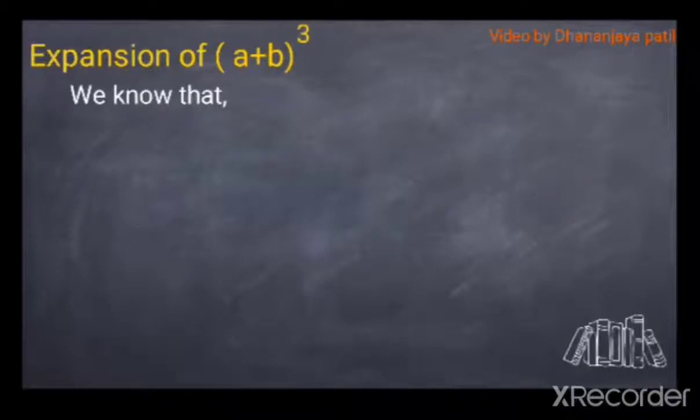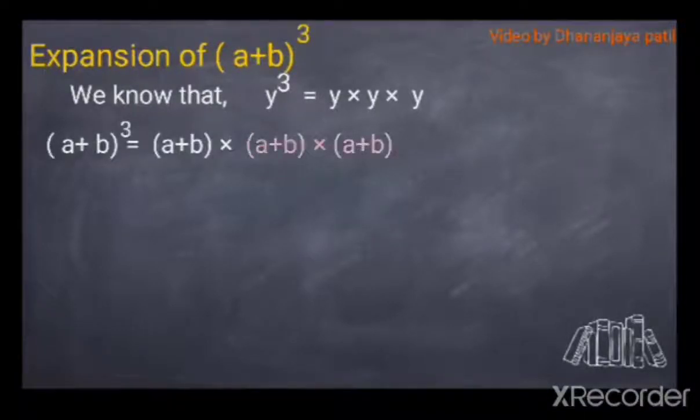We all know that the cube of any number or variable is nothing but the multiplication of that number or variable three times. So we can apply the same method for the cube of this bracket. Now, multiplication of these two brackets is nothing but its square. We know the expansion of (a plus b) square; we already studied this expansion in our previous standard. So let us apply it.